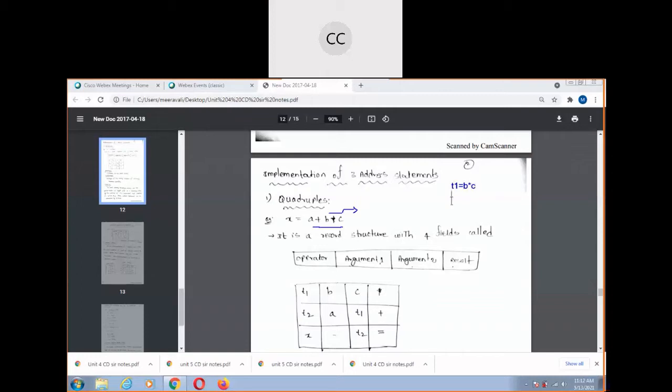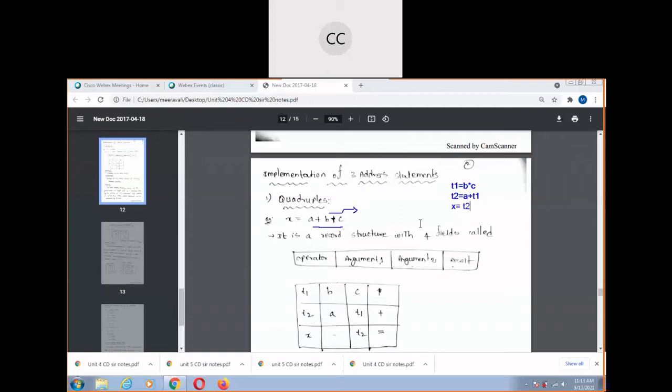Next, T2 equal to a plus T1, because b star c is already placed into T1. This is very easy. Writing three address code statements is very easy. Finally, I place this T2 in x, so x equal to T2. Nothing else is there.